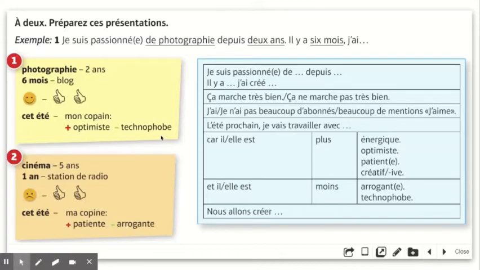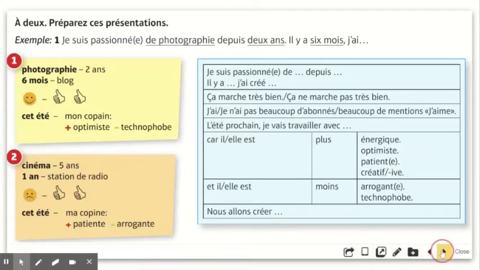Being able to give some bits of information on certain topics, you practice them, the more you practice, the more confident you will feel. So in scenario number one, you're going to be talking about someone interested in photography. When you've done that one, have a go at the second one, which is someone who's interested in cinema. If you think you're super confident, have a go then at maybe making up your own one using the sentence builder or even changing it a little bit.